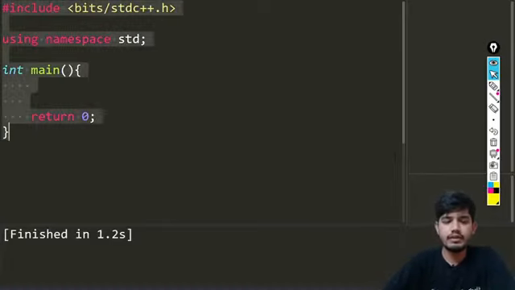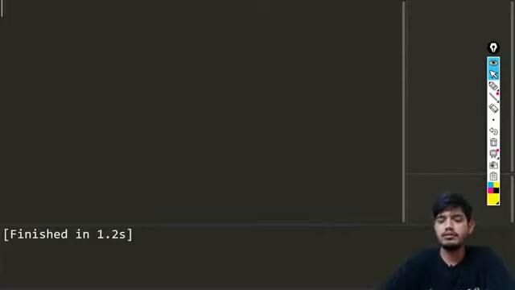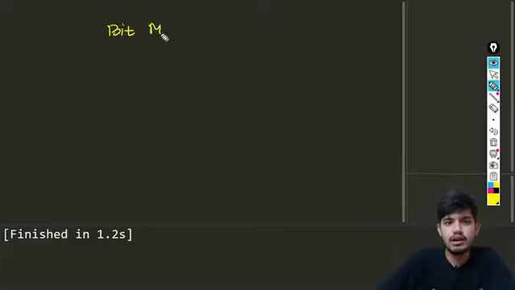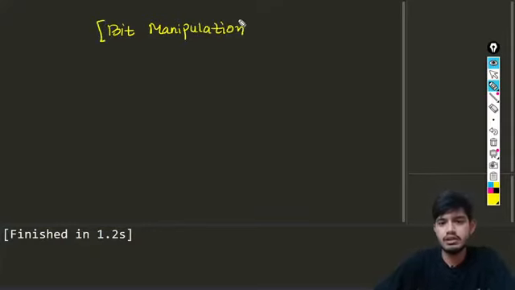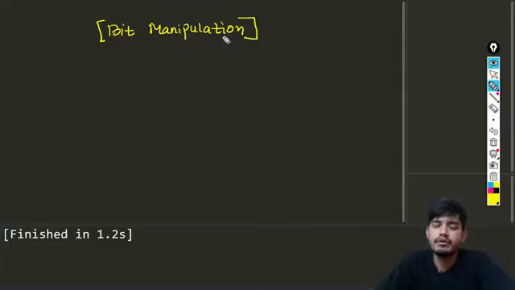So the topic for today is bit manipulation. Before that, I'm just going to cover a few topics that are important for this class. So basically, what is bit manipulation, and why are we learning this? This is again an important topic when we talk about programming, because some tasks which are very complicated and take more time can be done mathematically using bit manipulation very easily.